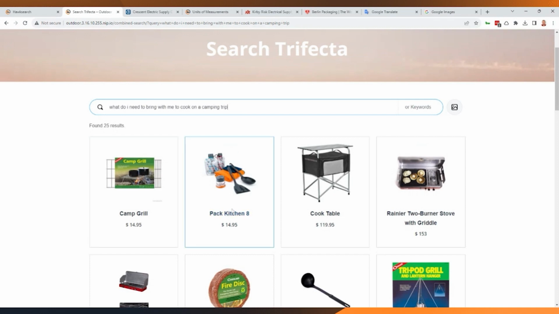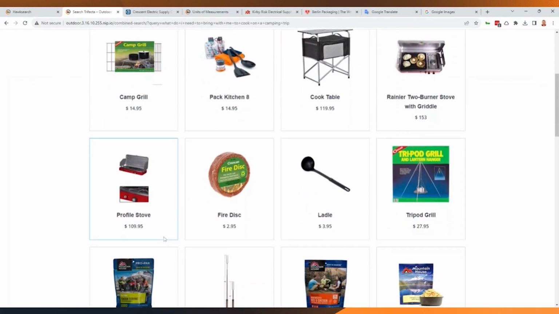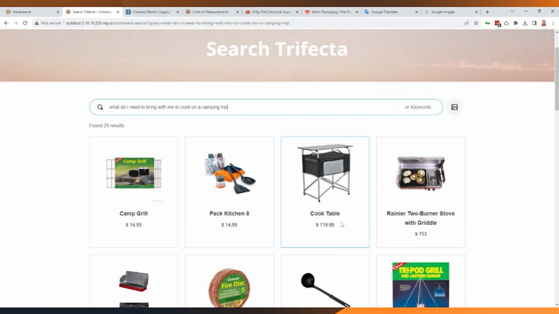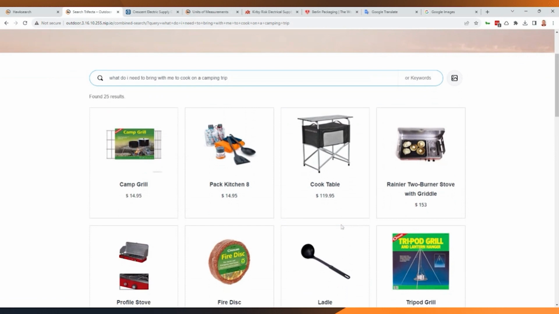We're finding the utensils that you might need to bring along with you if you're going camping and cooking on a camping trip. The travel griddle and stove, the ladles, just a travel stove itself, the food that you might want to bring along with you. These are all things that were in the catalog originally, but the keyword search wasn't finding them because of the way that I posed that question, because these products don't have camping and cooking directly related to them, but the concept is there. If I'm looking to go on a camping trip and I'm wanting to understand what do I need to bring with me to cook on that camping trip, these are all relevant things that the concept search is understanding. These are things that might match against that and pull back in those results for you.